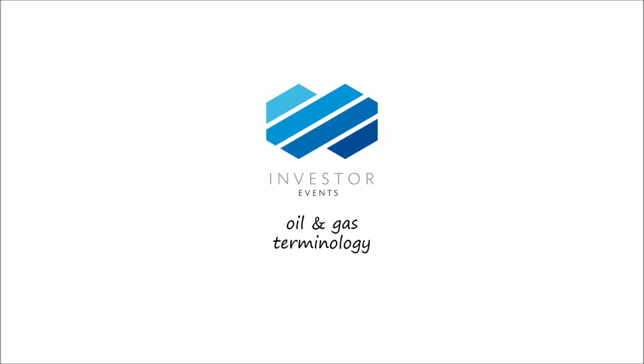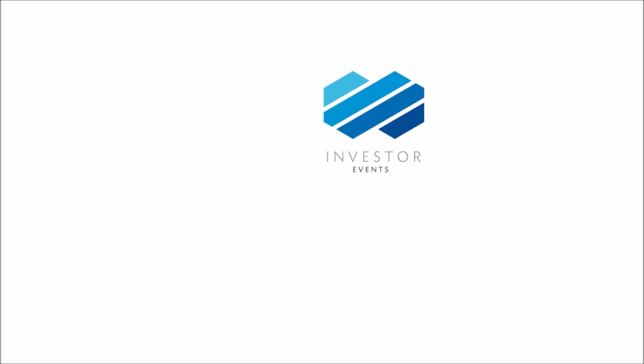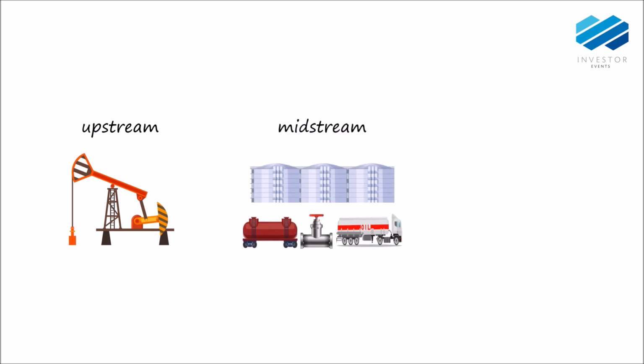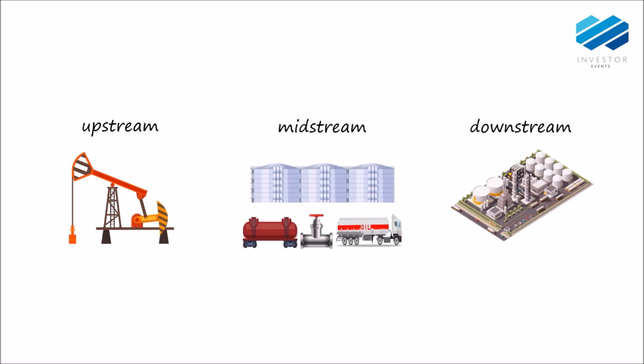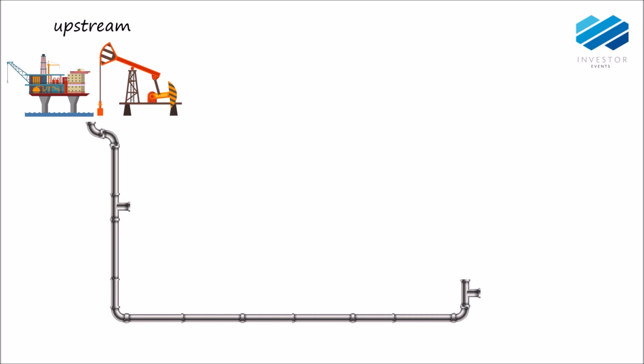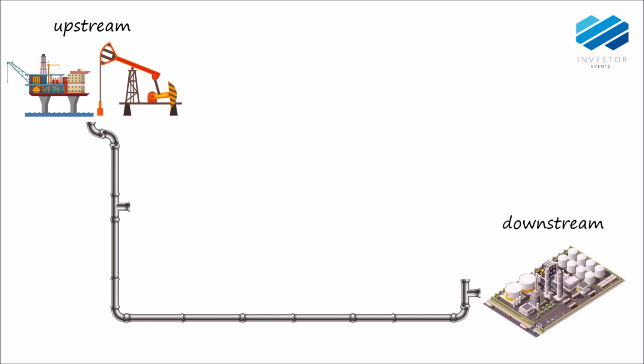The oil and gas industry divides the process of getting petroleum out of the ground and delivered to the consumer in 3 sections: upstream, midstream, and downstream. Upstream is the place where oil and gas is found, exploration and drilling, or exploration and production in the industry jargon. Downstream is where the industry refines the oil into consumer products like gasoline, diesels, heating oil, asphalt, and consumer petrochemicals. These products are then marketed, distributed, and sold to and through consumer outlets.